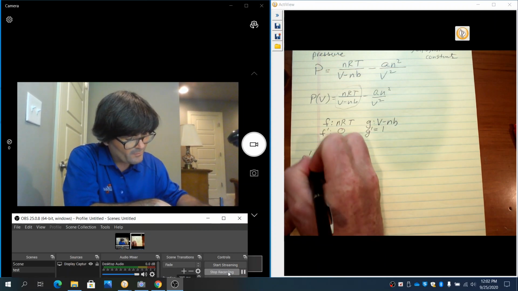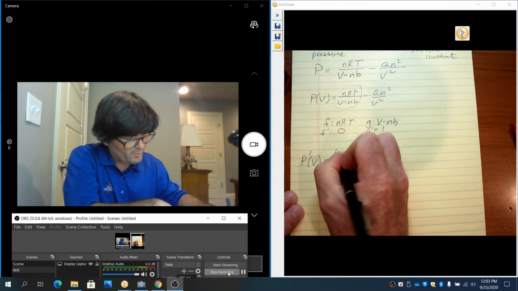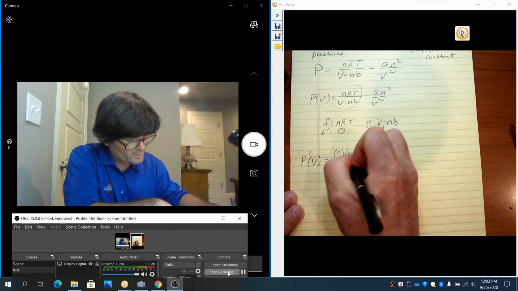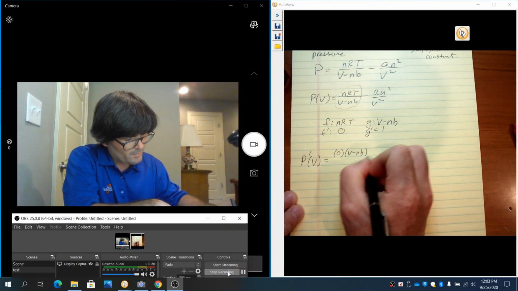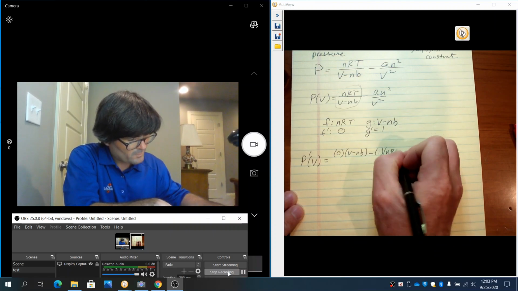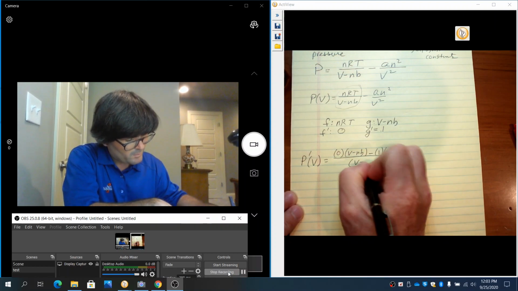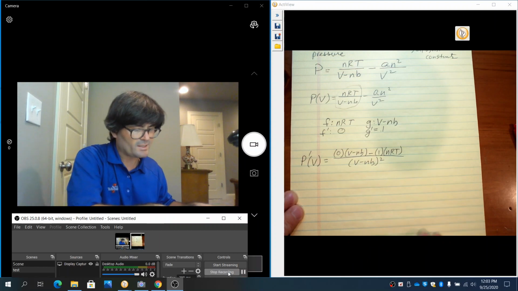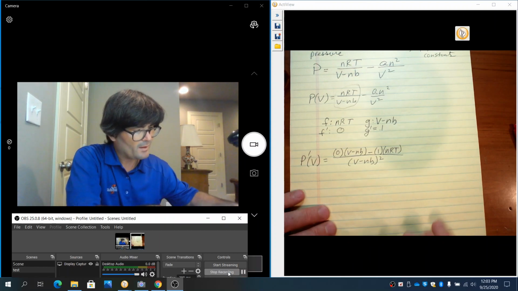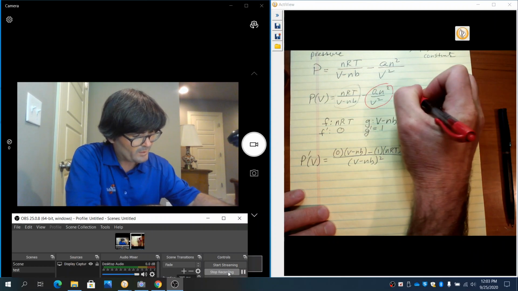So we'll do P prime as a function of V. It's going to be f prime times g minus g prime times f, all over g squared. So that's the beginning of this example. I'm going to just take a moment and rewrite the other term